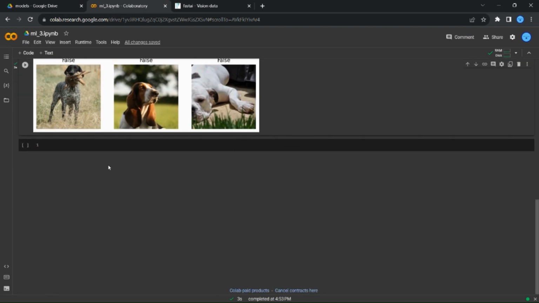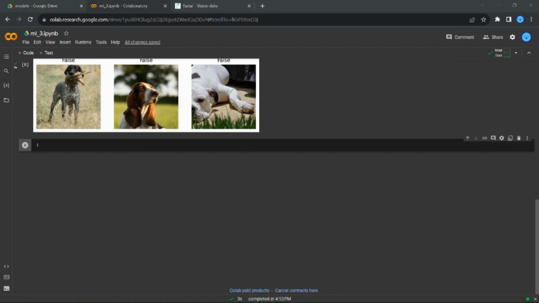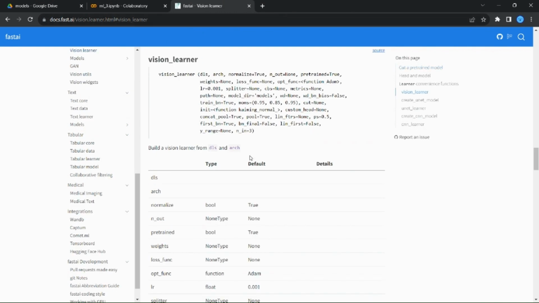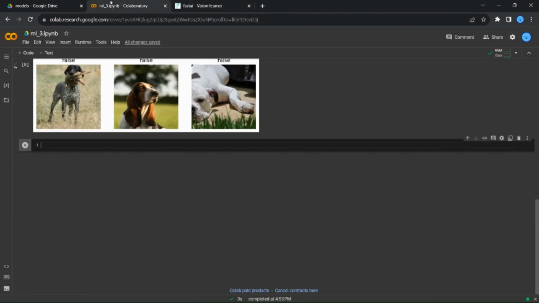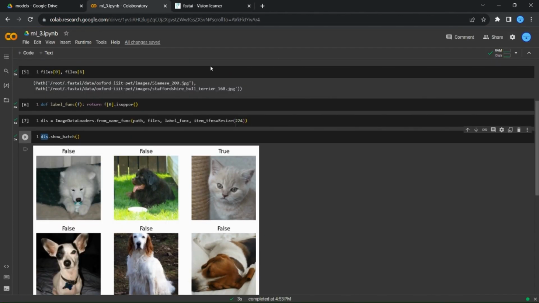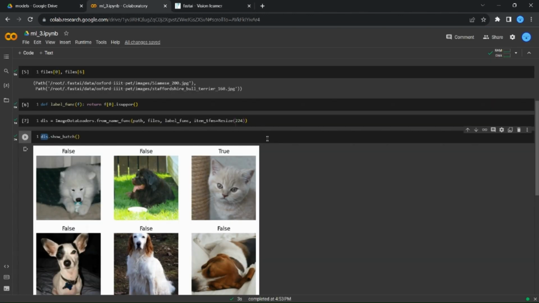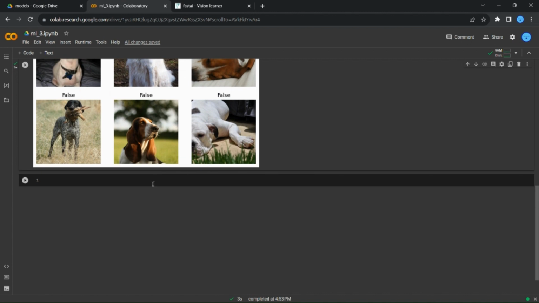Now once this is done, we will use a vision learner, which is again similar to how this image data loader is. Similarly, we have vision learner, which is built on top of learners. We need to pass in a couple of parameters. The most important one being dls, which is data loaders, which is in simple terms the data. And second is the architecture. Architecture means predefined models, if any, and hopefully there are. So we'll be using learn equals vision learner, the data,